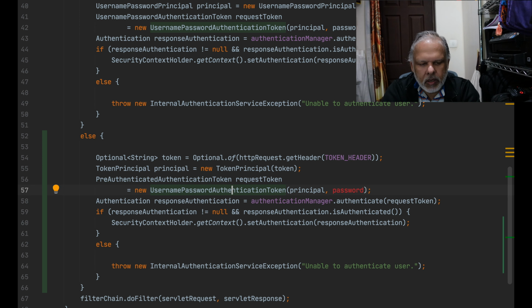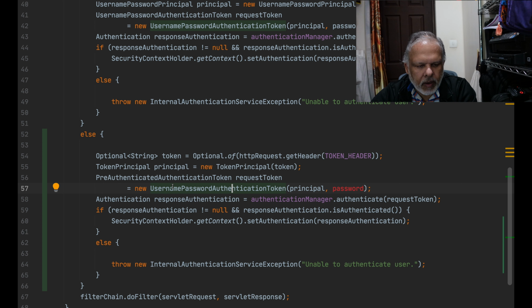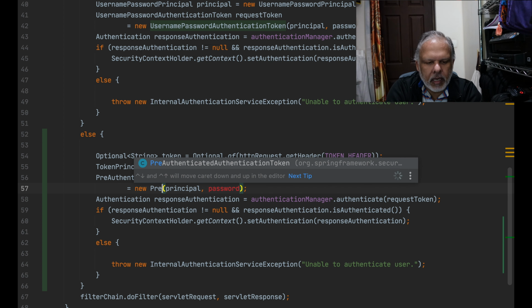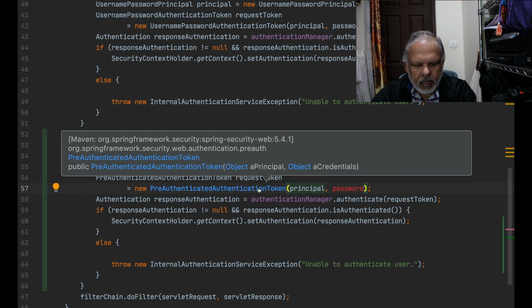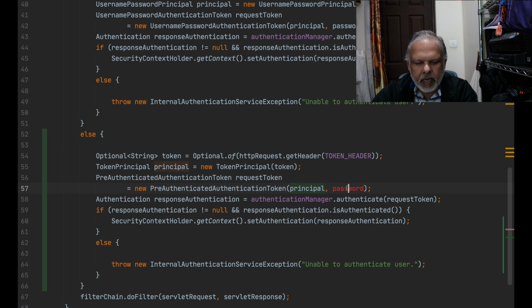So, that is our request token, and we call it pre-authenticated authentication token, and it takes 2 arguments. Basically, if you see the constructor of it has an object and a credentials. So, in case of token there is no credentials, so we can just pass null,